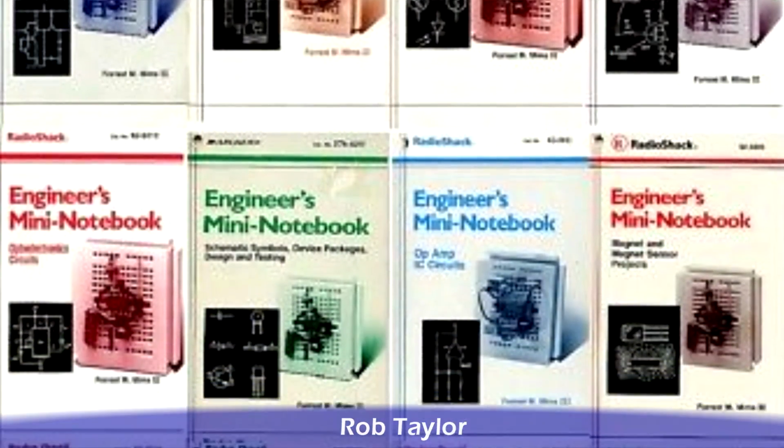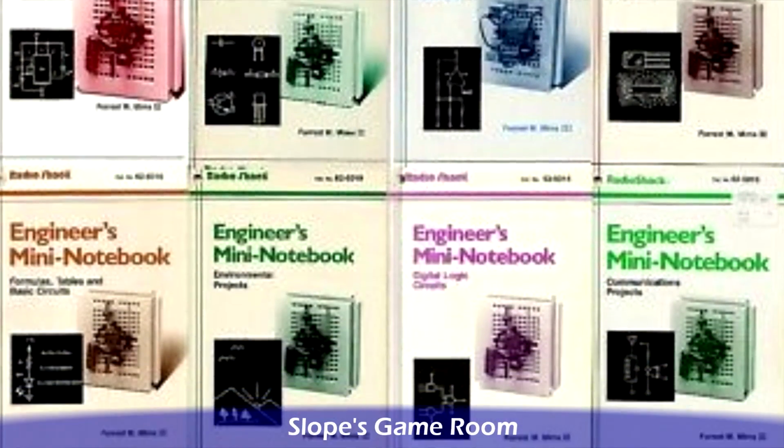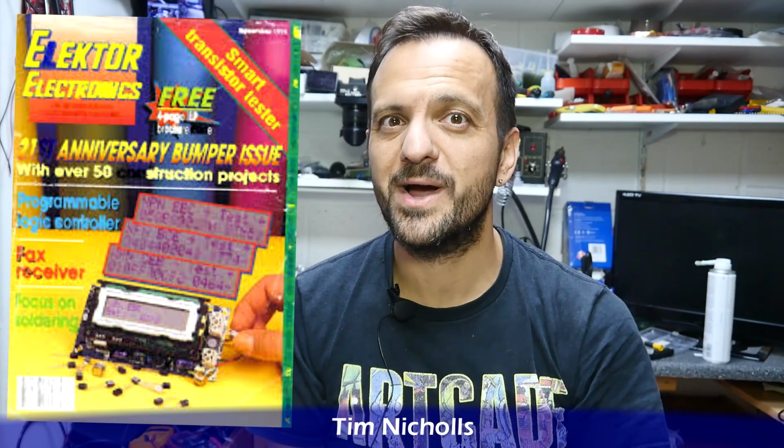So throughout that early period, I would dip in and out of electronics just as something would take my interest. For example, I would be interested in CB radio for a while, or I'd be interested in LED circuits or trying to make a light sensor. And a lot of that early research was based on what I could pick up from Tandy inside those small engineering notebooks. Also at the time was a magazine available called Elektor, and most of you are aware of Elektor